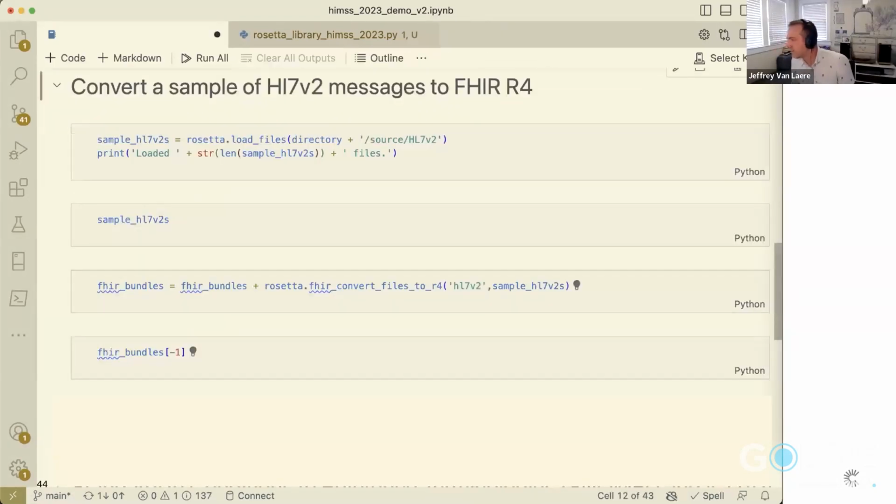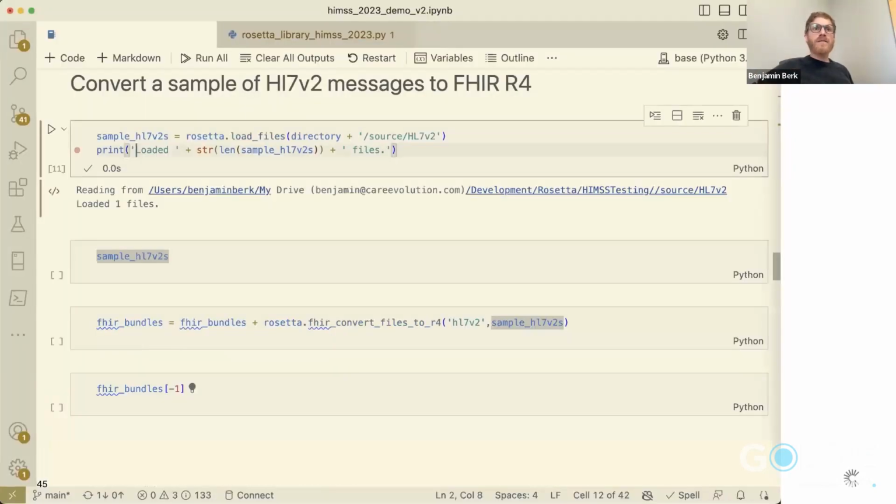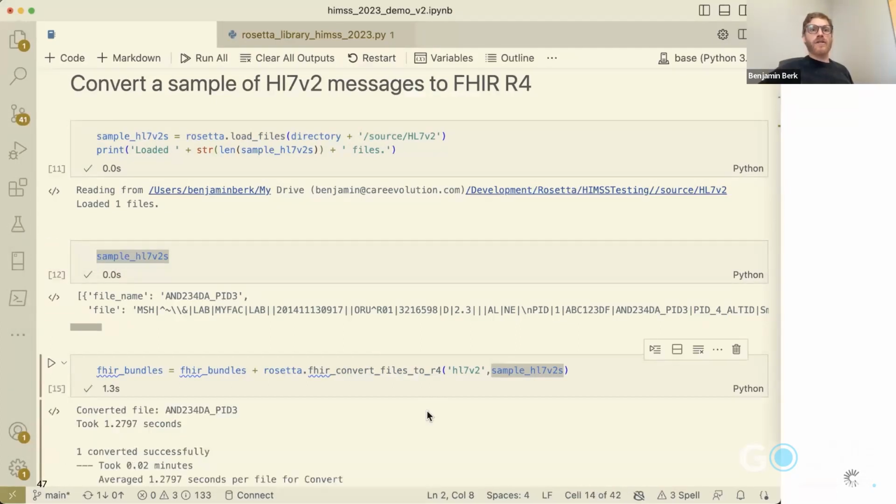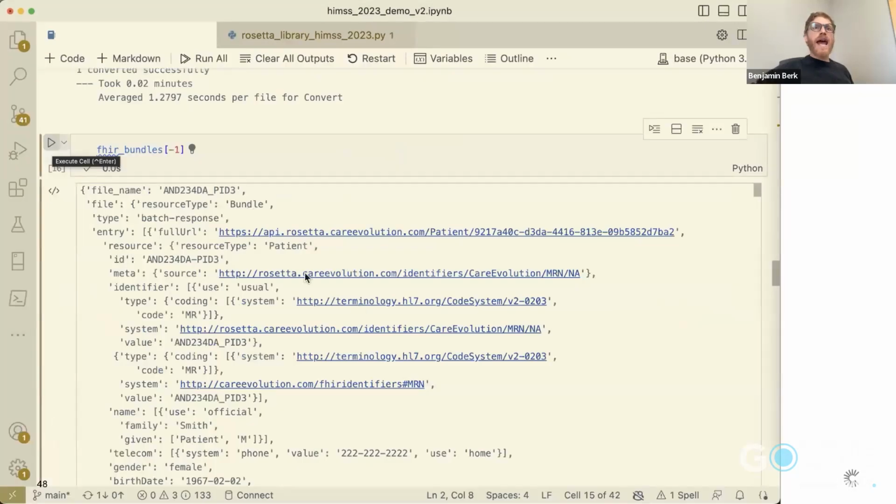What does that actually look like if I take an HL7 document? So first I'll load one in, and we can see here in the middle of the screen, this is what HL7 v2 looks like. Those of you who are familiar with it will know and love the pipe delimited format, which is very straining on the eyes. And we'll take that HL7 message, we will hit an API and convert the message to FHIR R4. So it took a little over a second, we converted it. And so now we can see we have that HL7 message, and here it is as a FHIR bundle, okay?